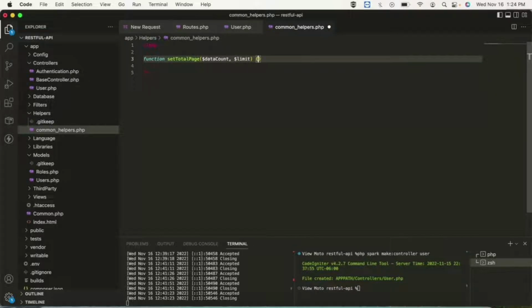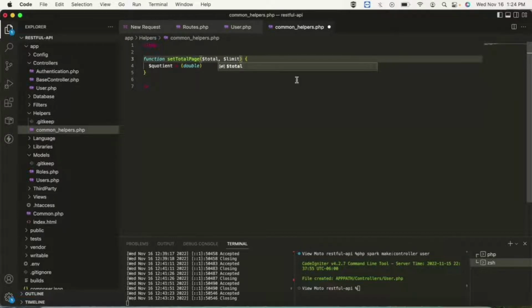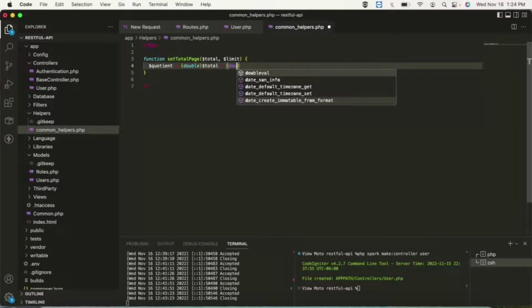So we have the data count in the limit parameter. So let's create a new variable here, quotient equal to global, then let's say this data count will be total. Let's change it into total. So total divided by double limit,